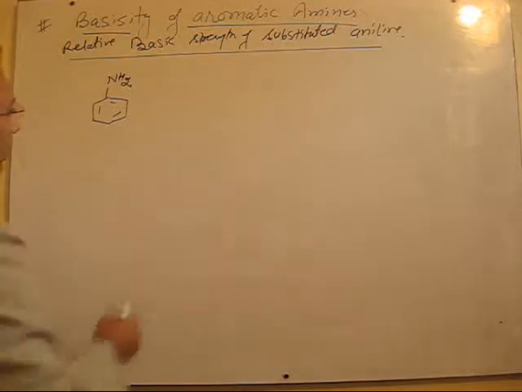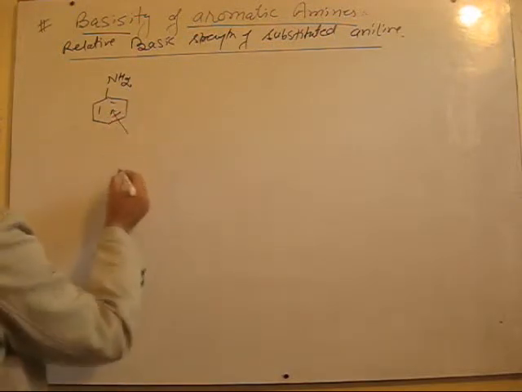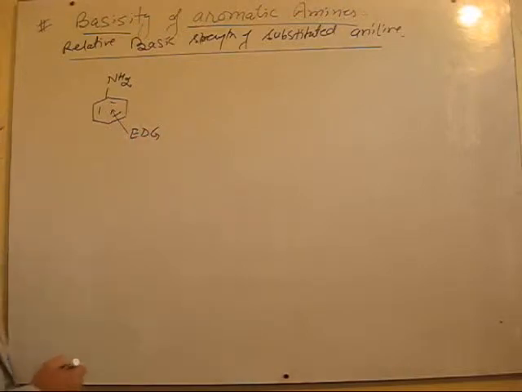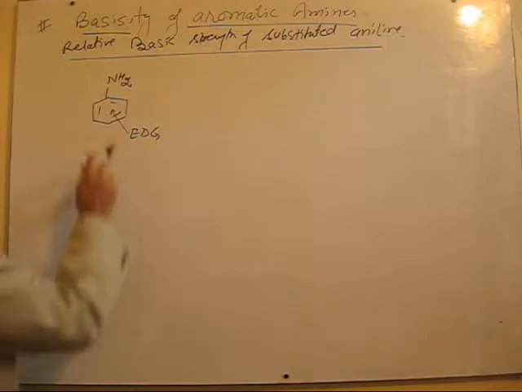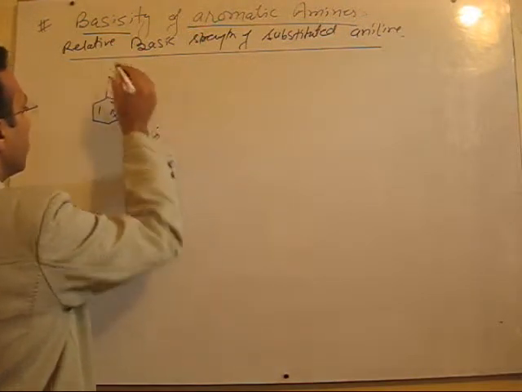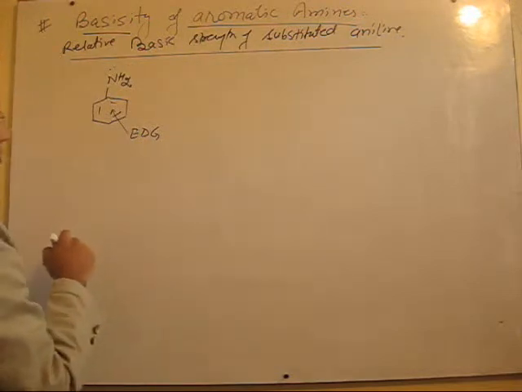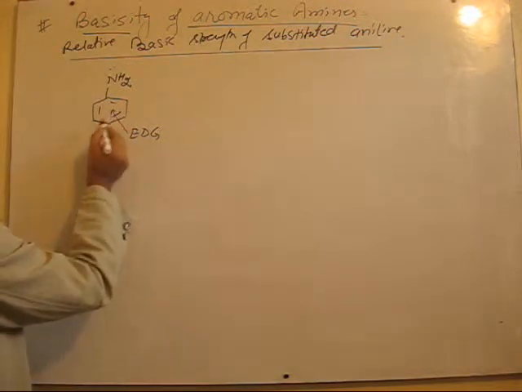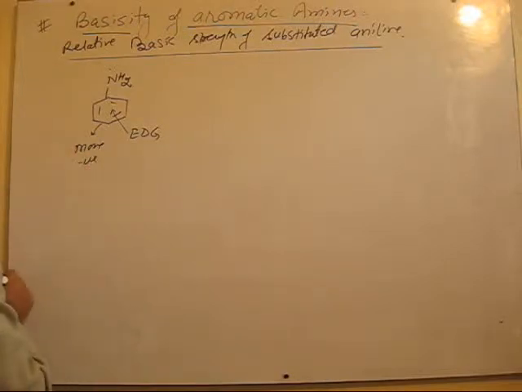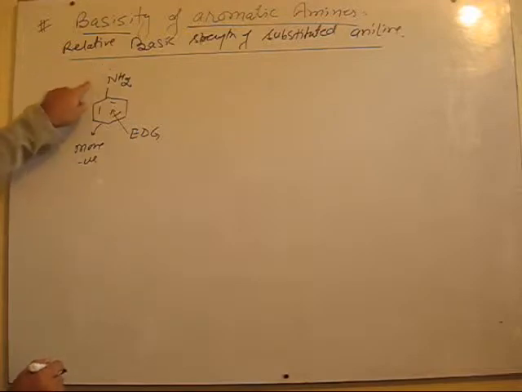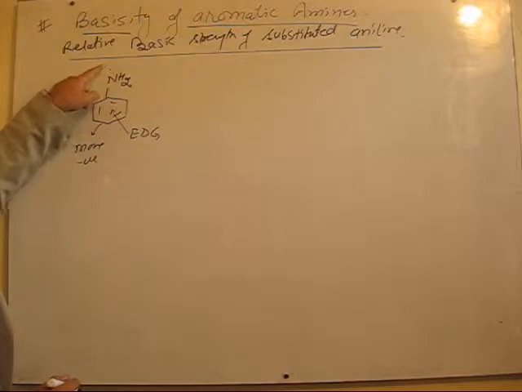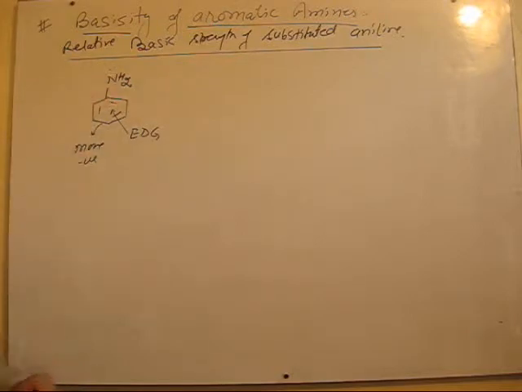Fine. So you see, if substituents present are electron donating groups or electron releasing groups present on the ring, I am not mentioning a particular position here, that we'll discuss later, then you see these are electron donating. So as a result, when the ring becomes more negative, it will have less tendency to attract the lone pair present on nitrogen. As a result, the electrons are more available on nitrogen.